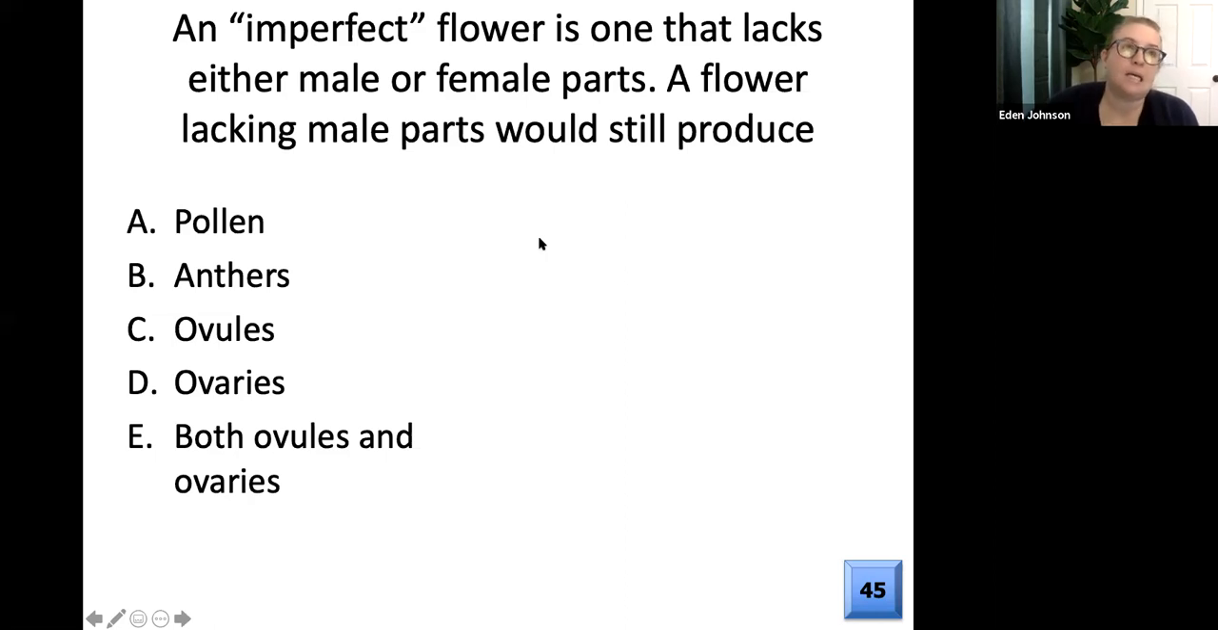Okay, so the male reproductive parts. What makes up the stamen? You had the filament and then you had the anther, and that anther was going to basically let loose all the pollen. So anthers and pollen are the male reproductive parts in these